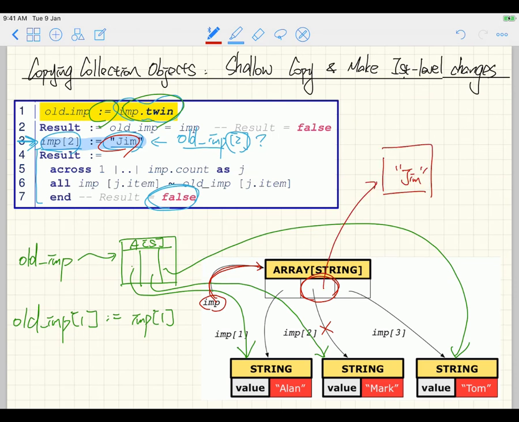Okay? So far so good? So now, when I was doing this particular reassignment, am I changing old imp at position 2? Well, old imp at position 2 basically is over here, right? I wasn't really changing that, was I? Right? More importantly, let's say after this line, after line number 3,